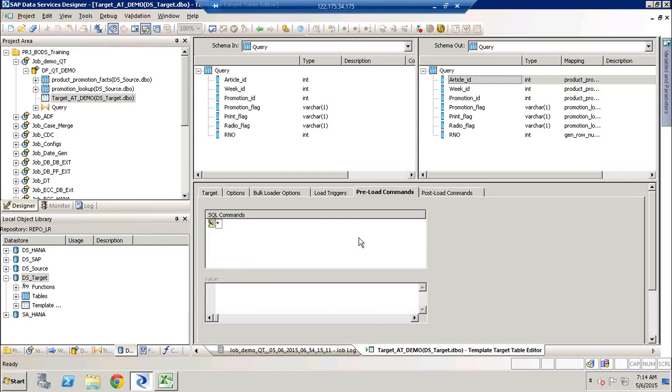Then it will pick the source and the target tables, and then it will utilize the transformation. So preload command is something like your start routine on SAP, where you will go and write a routine saying that